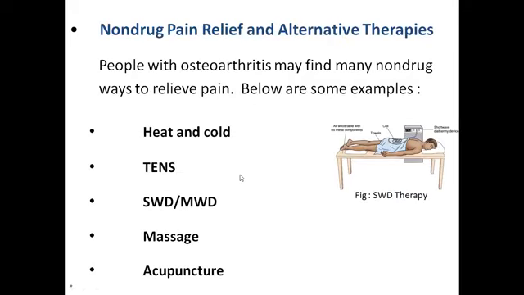Non-drug pain relief and alternative therapies. People with osteoarthritis may find many non-drug ways to relieve pain. Some examples: in our department, in our hospital, we find some of the modalities we are applying in case of osteoarthritis patients,